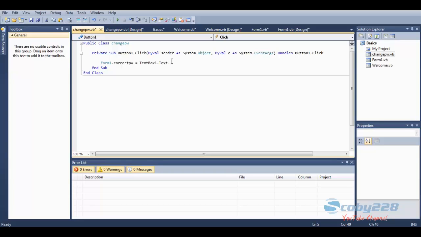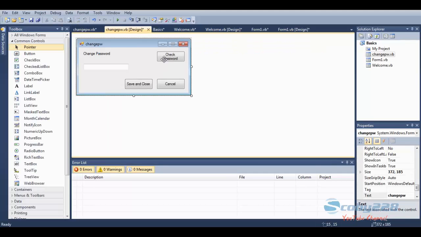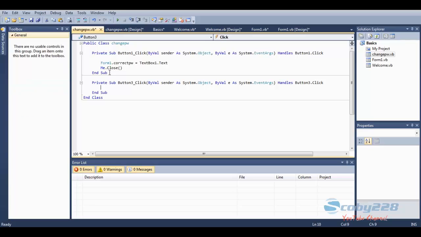So change password over here. We want it to just set it to what the text box is, and then me.close. Now we want to use the check password button. This would just retrieve what the password is. So form one dot correct password, or no, we would do message box, so just a small alert, and then it would say